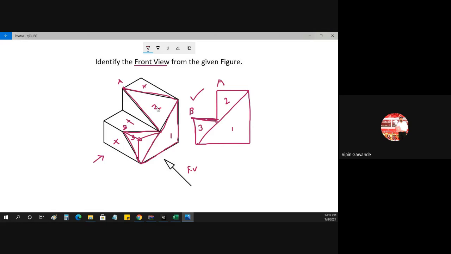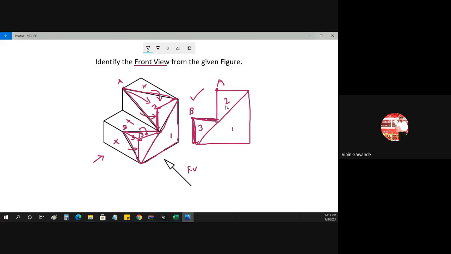I have brought this A point forward. So I got here A point. Then I have got B point forward. This is my B point, and I have taken this A point forward. So the inclined line becomes straight. This line becomes a horizontal line, and this line becomes a vertical line. Similarly here, this line becomes a horizontal line, and this line becomes a vertical line. Okay. So we got this type of solution.